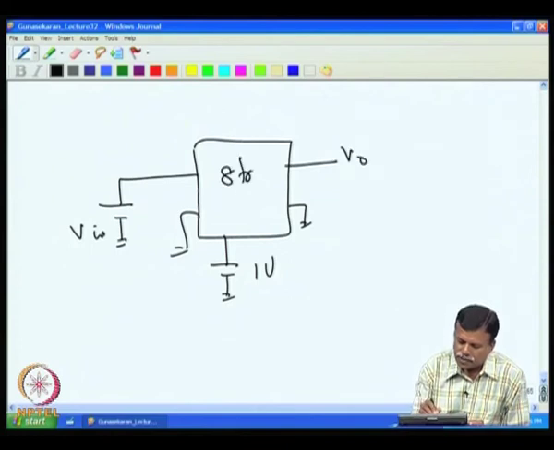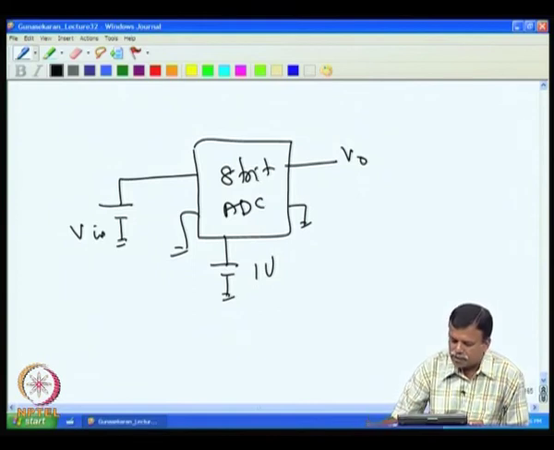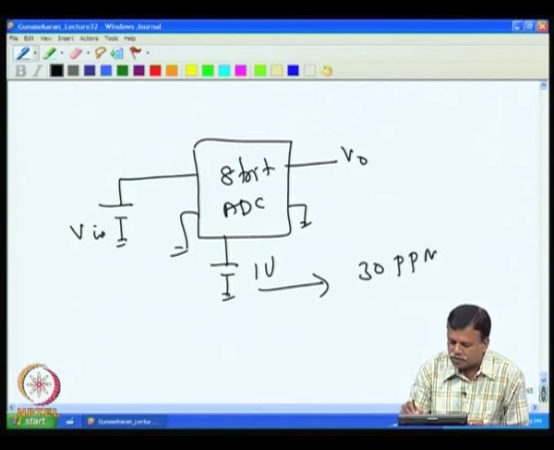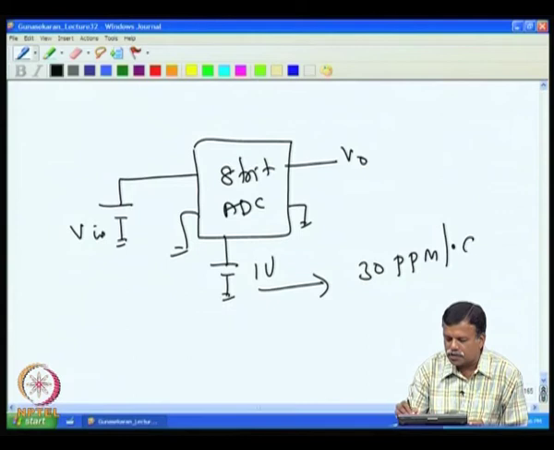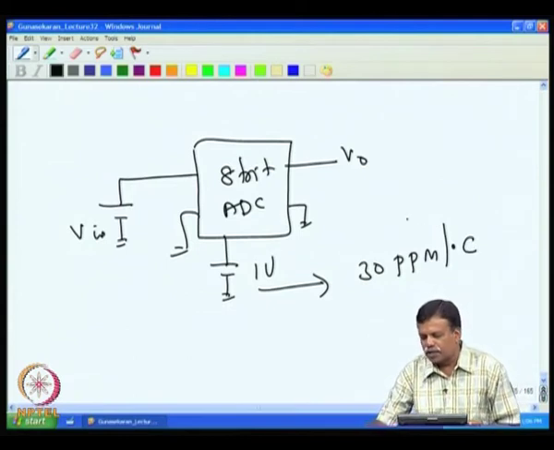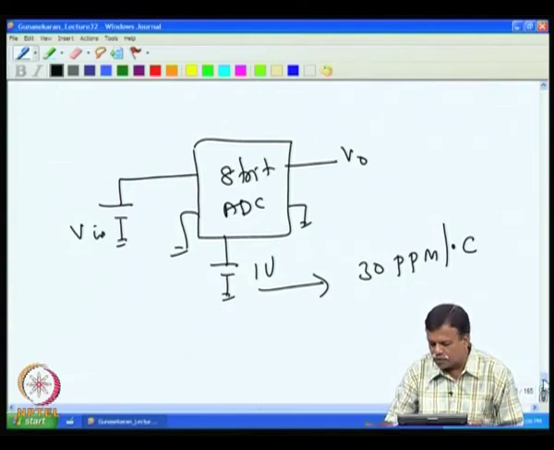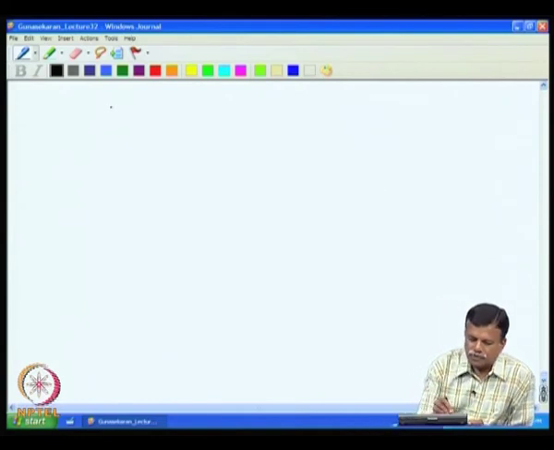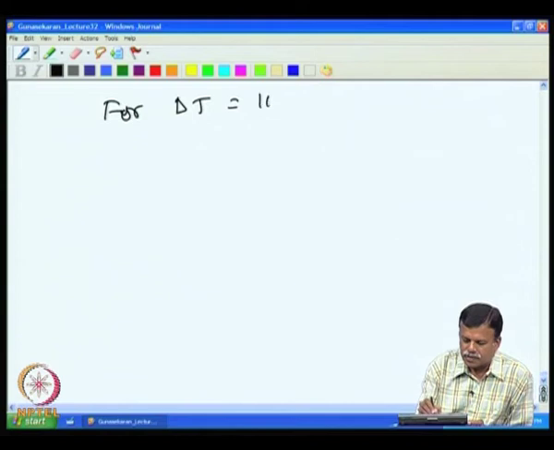So, we take an 8-bit ADC. If we take a regular Zener, we have for example 30 ppm per degree C drift Zener is used, then for delta T equal to 100 degree C, the reference voltage drift would be